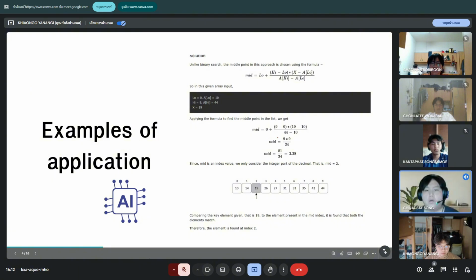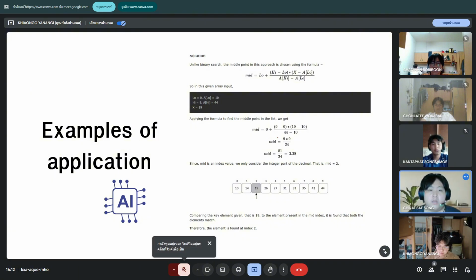Examples for application. Interpolation search can be very effective in cases where the dataset is large, sorted, and uniformly distributed.